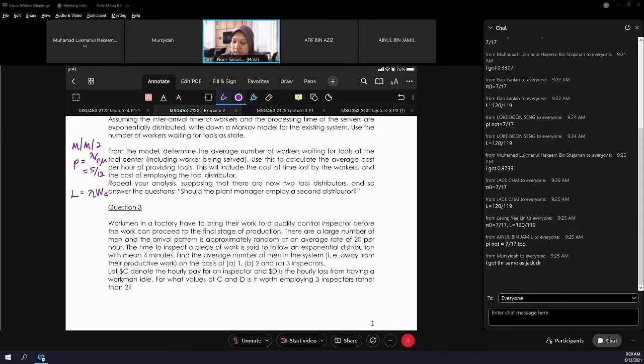So try and do the calculation. The formula is given to you. For your test and also for your final exam, since we start learning a lot of formulas, you don't have to panic in terms of memorizing all of the formulas. In your test and your final exam, the formula will be given to you, unless the question asks you to derive, then you have to derive it on your own. For this kind of question, you just have to substitute the value of your parameters into your formula, because the formula for each of the models will be given to you during your test and final exam.